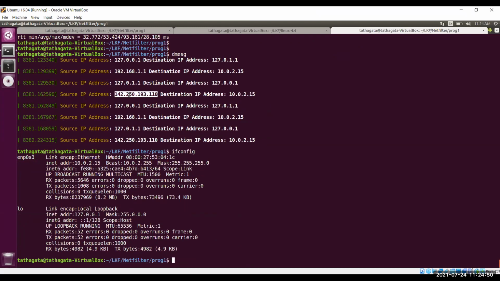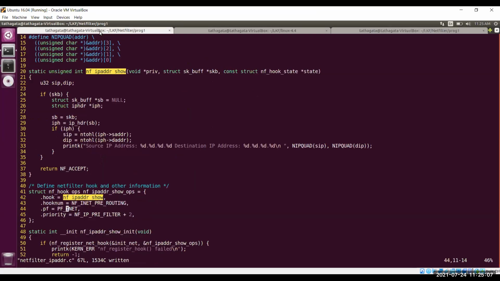So whatever response we are getting from Google, we are displaying the IP addresses of those packets. So these are all the received packets for my machine, not the outgoing or transmitted packets from my machine. If you want to check that also, you can specify the hook point, modifying this pre-routing to the post-routing, then that will serve the purpose.